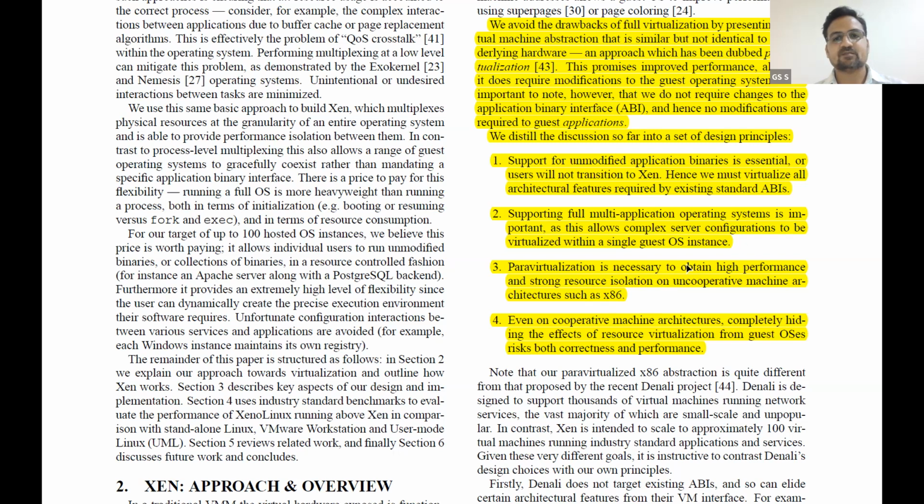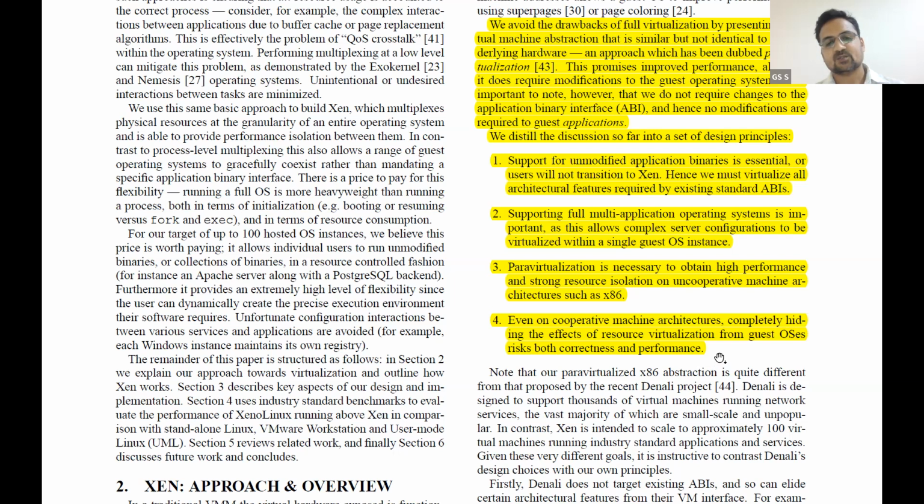Why high performance? Almost all the instructions execute directly on the hardware, ignoring the other instructions. And it provides strong resource isolation on uncooperative machine architectures. Why uncooperative? Because they don't follow the Goldberg and Popek requirements, right? Even on cooperative machine architectures, completely hiding the effects of resource virtualization from guest operating systems risks both correctness and